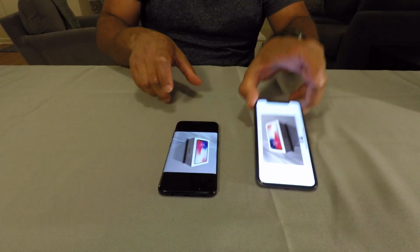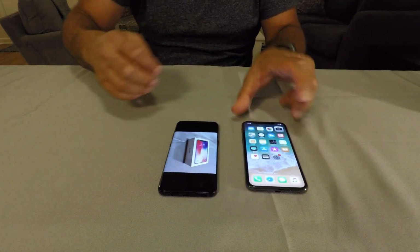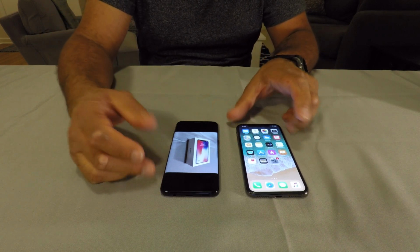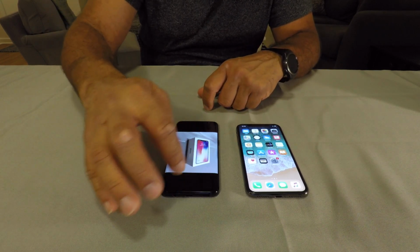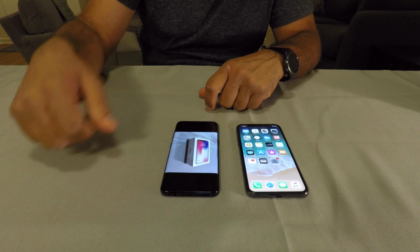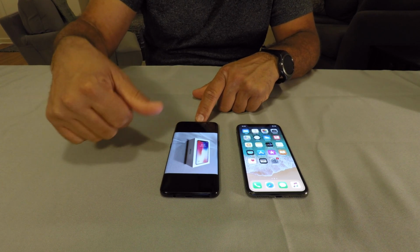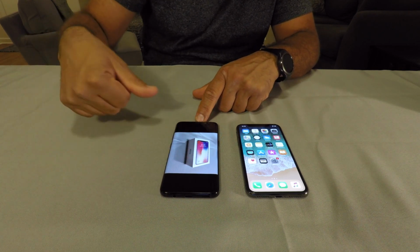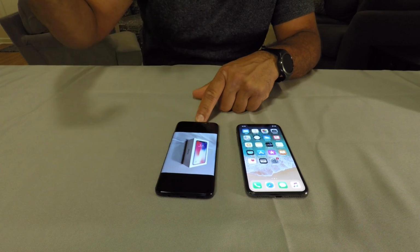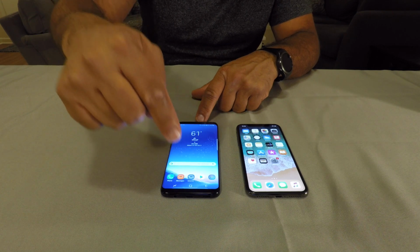Now, going home is, like I said, different again. You swipe up here. And on the Galaxy S8, they deal with the home button situation a little bit differently. Of course, you don't see any navigation buttons down here on the device. But Samsung embedded the home button actually in the screen. So if you press right here, you'll go back home. So this area here,